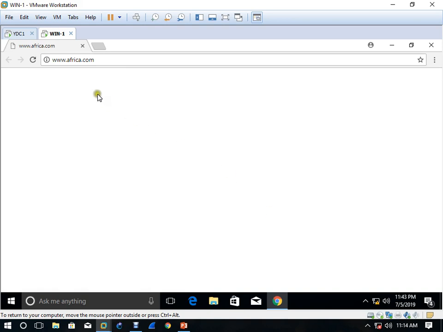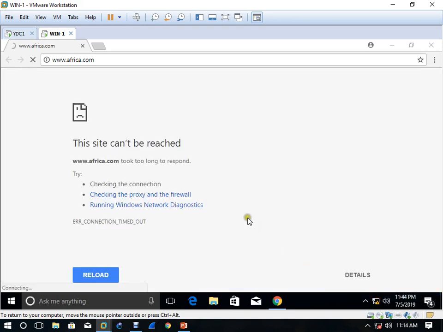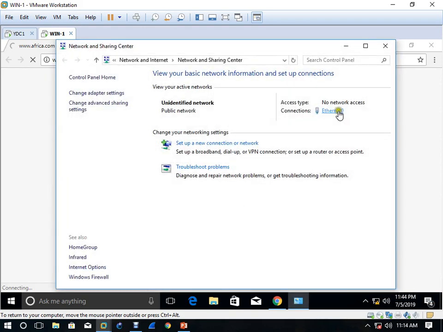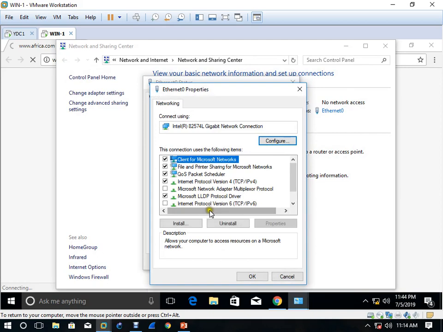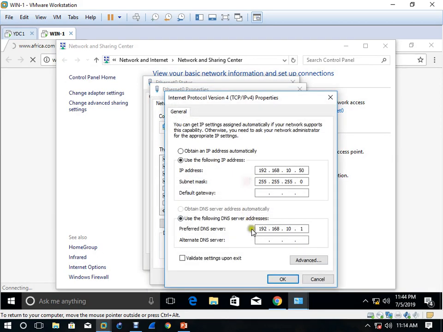See, sometimes if it will not work, what you have to do? You have to come here, right? Maybe it is asking to add the preferred DNS or something like that. 10.21.